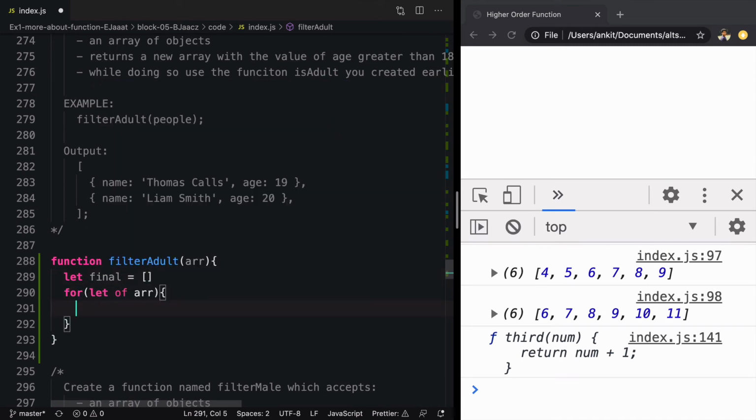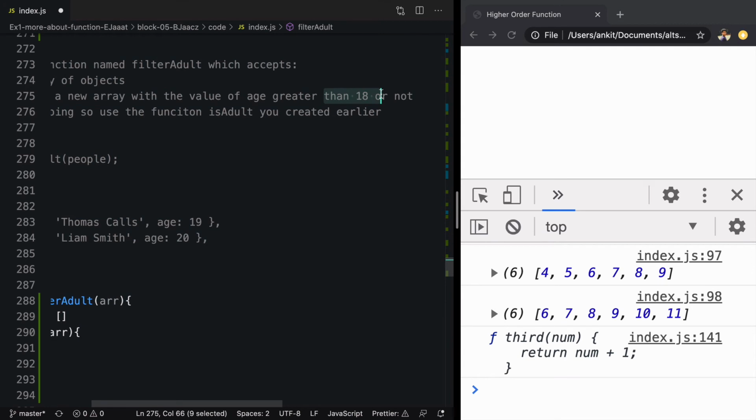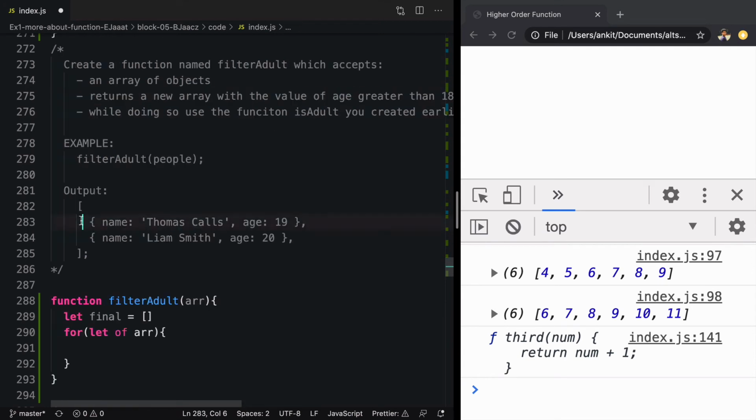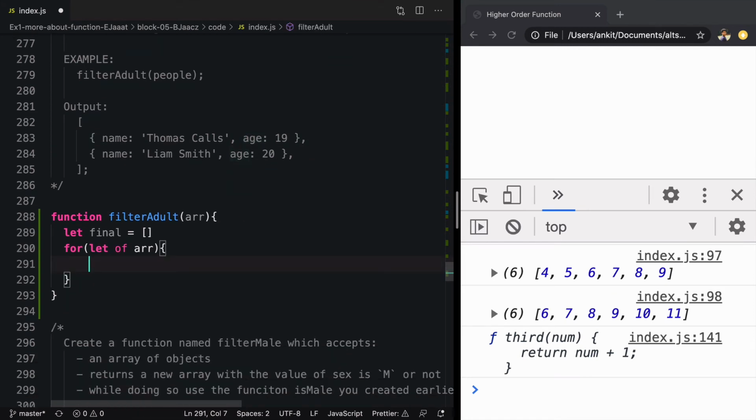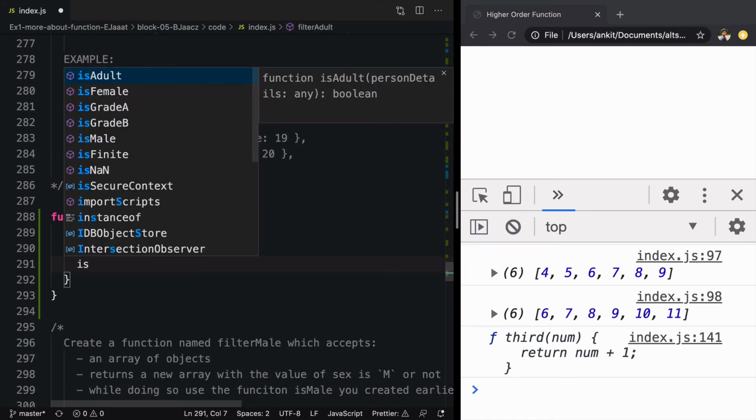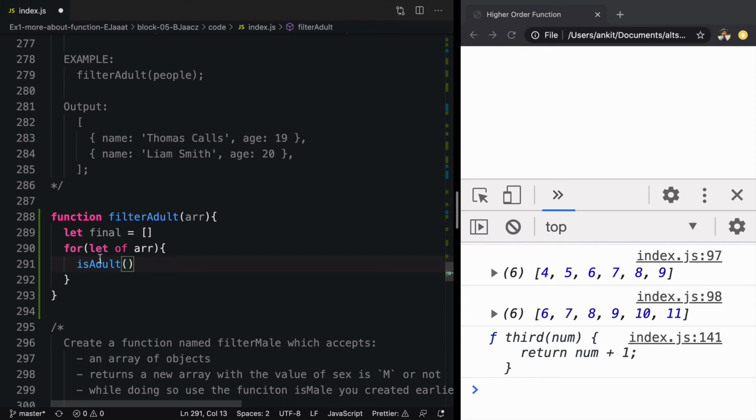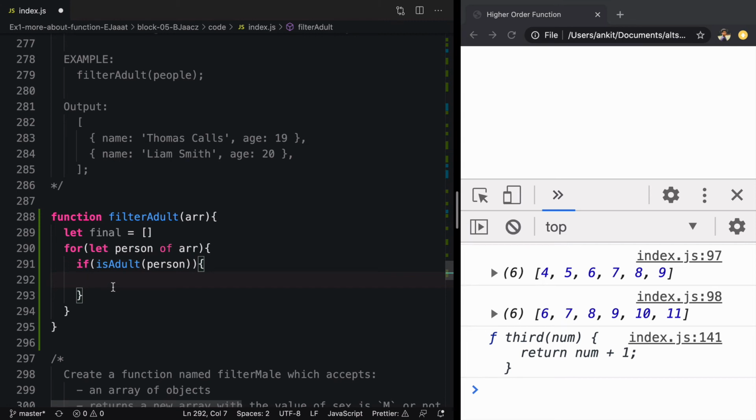For each one we need to check, each array element is an object and each object has an age property. It's similar to the isAdult method we created above. So we say isAdult and we'll pass let person, and whatever the information is, we'll send it to isAdult. If the answer is true, then we have to push the value into final.push.